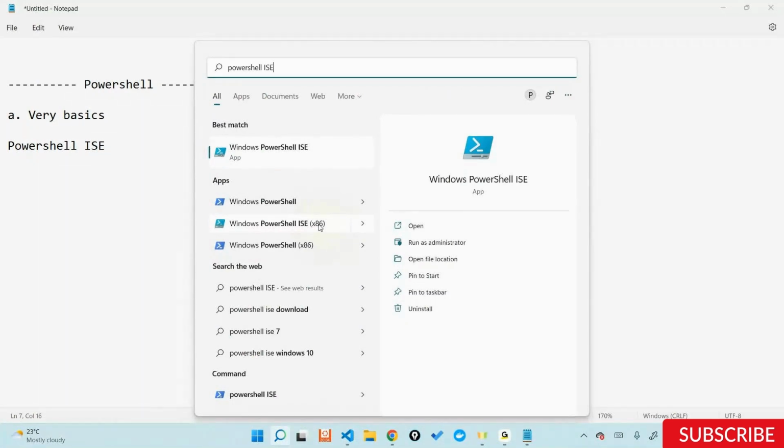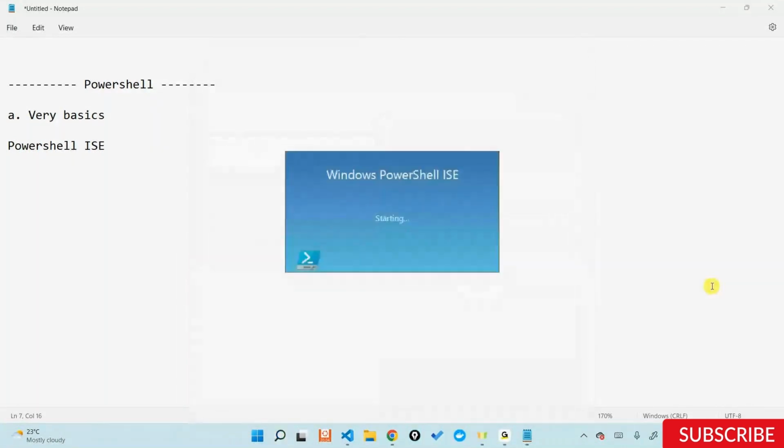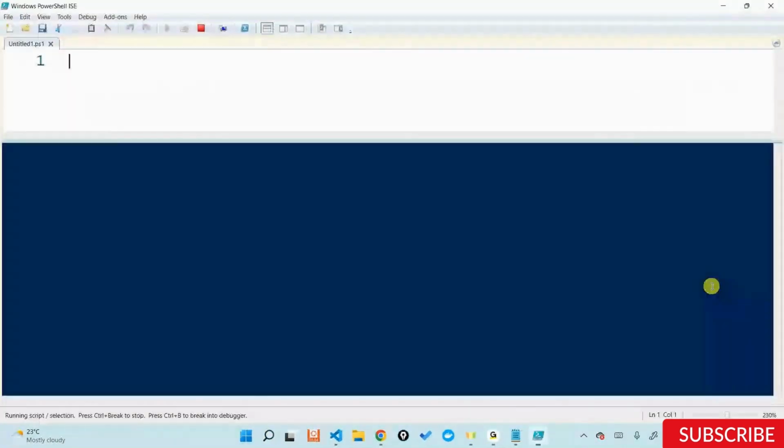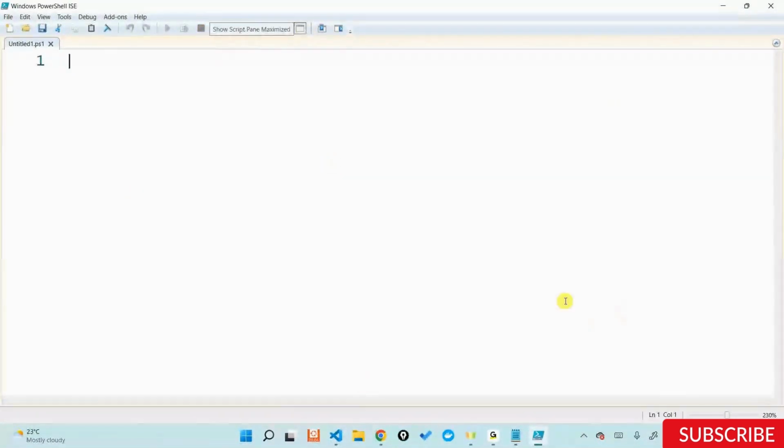So it's safe to say that you can go ahead, click on this one called PowerShell ISE out here, and this is how it will open. And when you open PowerShell, you will just get this blank screen. You'll just get this particular blank screen whenever you open PowerShell out here. This is called the input console.